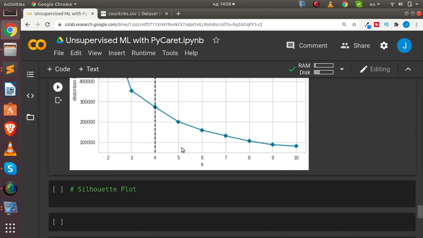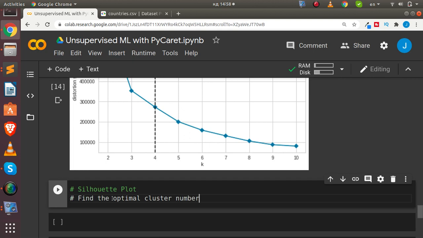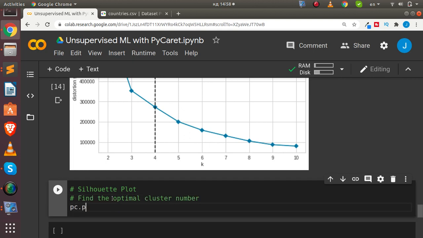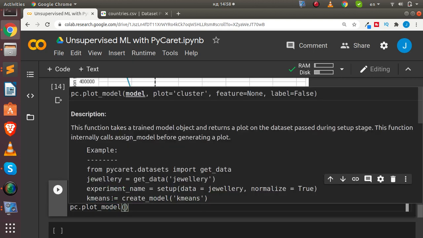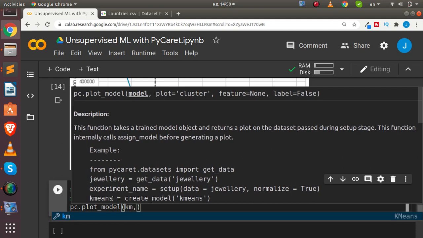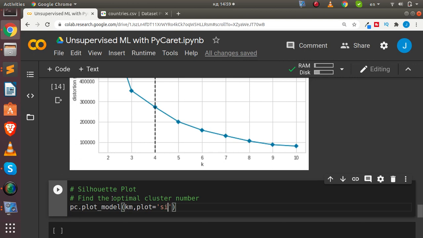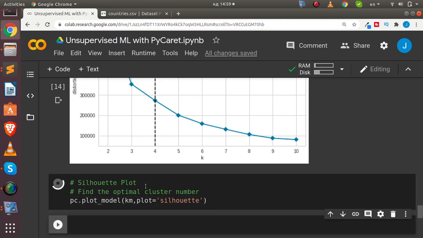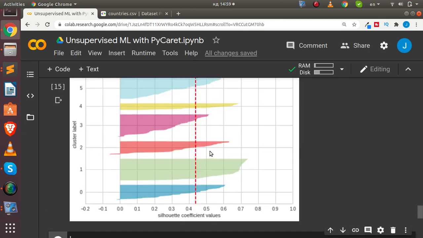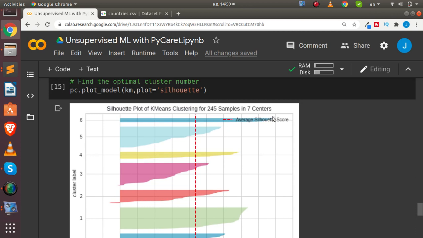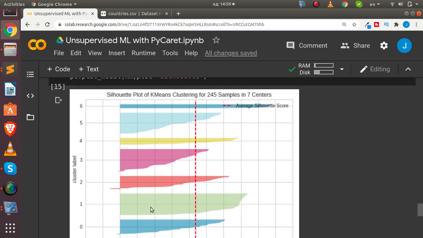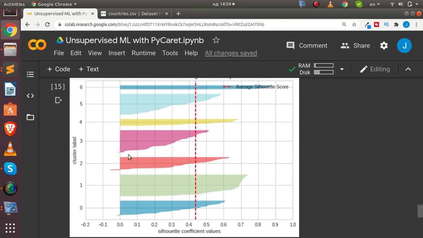So we can just come back to the same place and do the same thing. I just come back here, then pc.plot, then I'll pass in my model, then I'll pass in the plot type that I want to plot, which is going to be silo, right? Going to analyze it and give us our silhouette plot. Perfect, very interesting. So this is giving us 7 clusters, right? So 1 2 3 4 5 6 7, and you can see that some of them are not the same